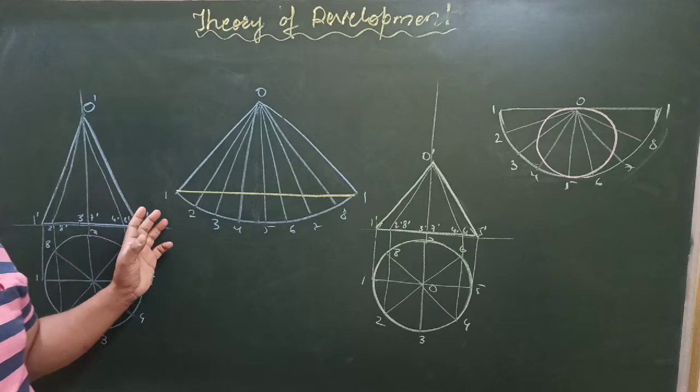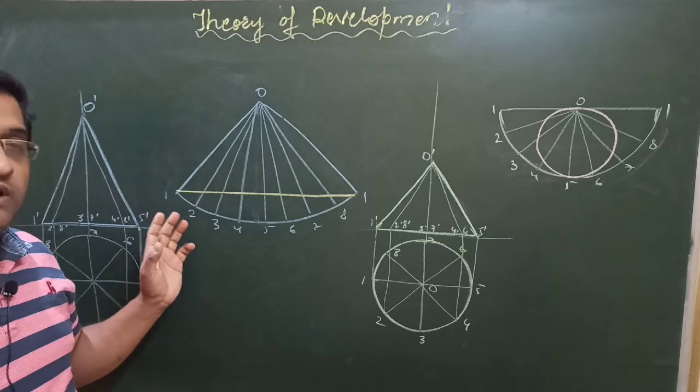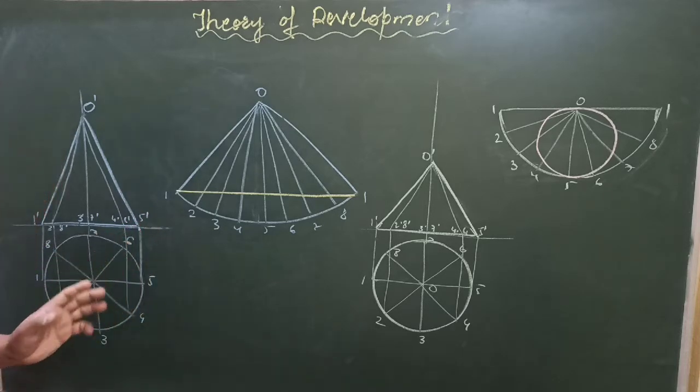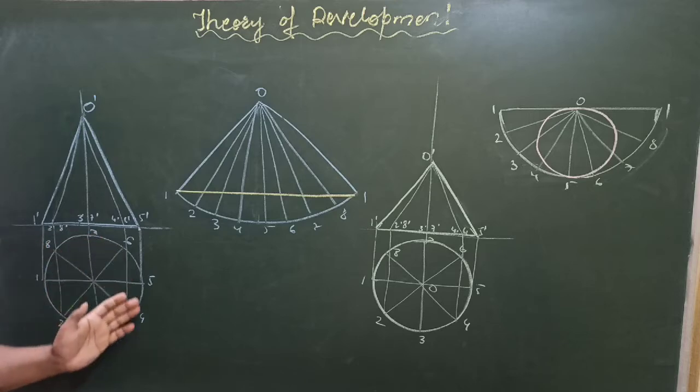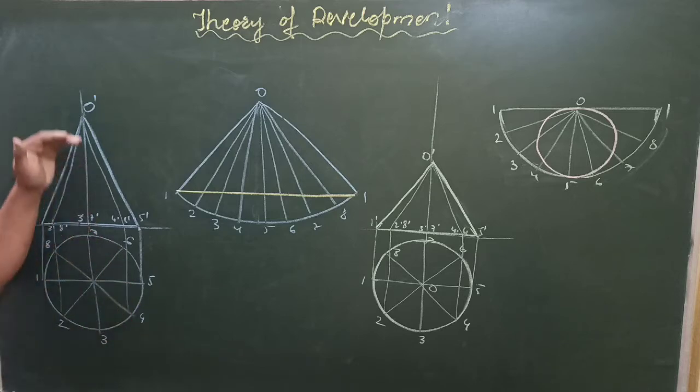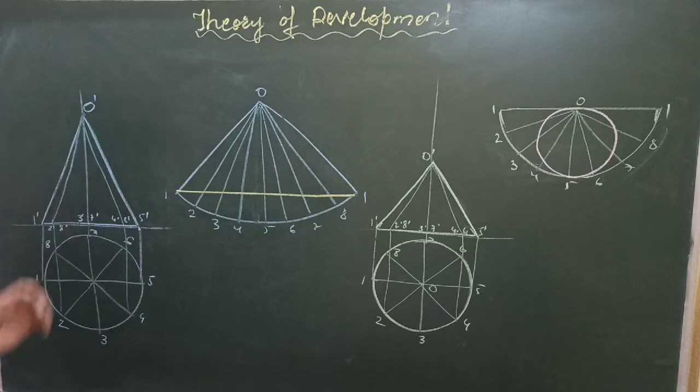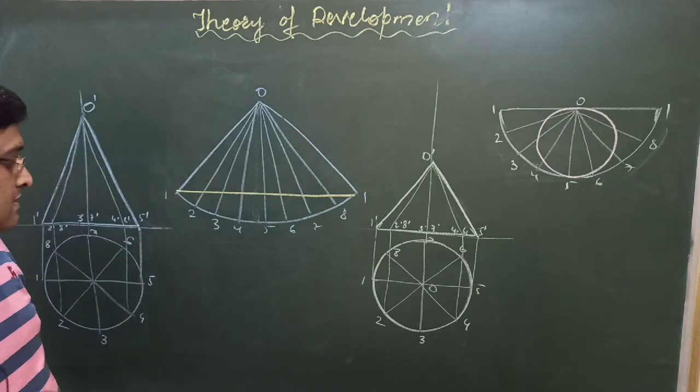In the first question, the data is given like that. The question is this: here is a cone with some diameter of the base and some height. So you can easily draw the front view and top view of this cone in the simple position. Now on this cone, at any one point of the circumference of the base, there is an